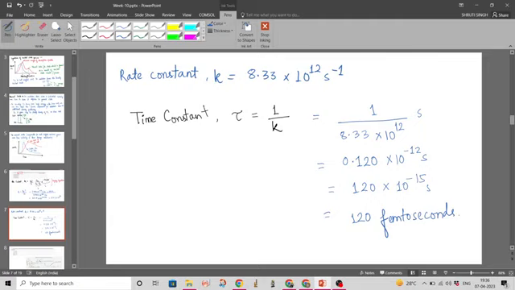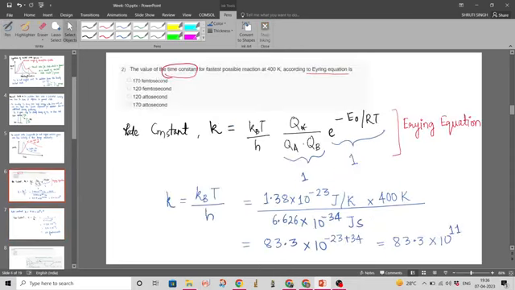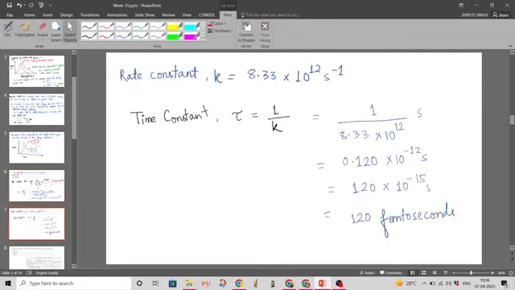So it is 120 femtoseconds. The time taken by the fastest possible reaction at 400 Kelvin will be 120 femtoseconds. So the answer to this question will be 120 femtoseconds. So it was a straightforward question, and I'll give you an exercise to do this calculation